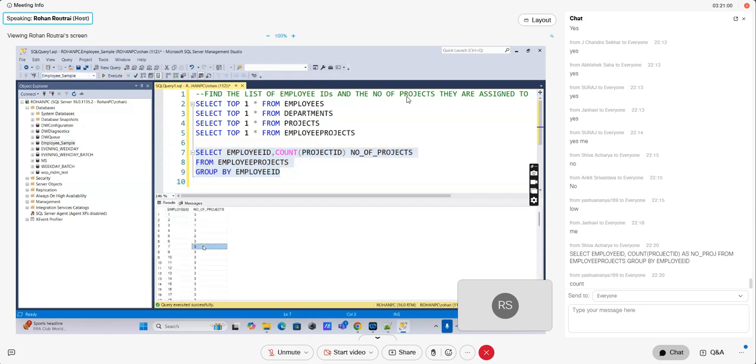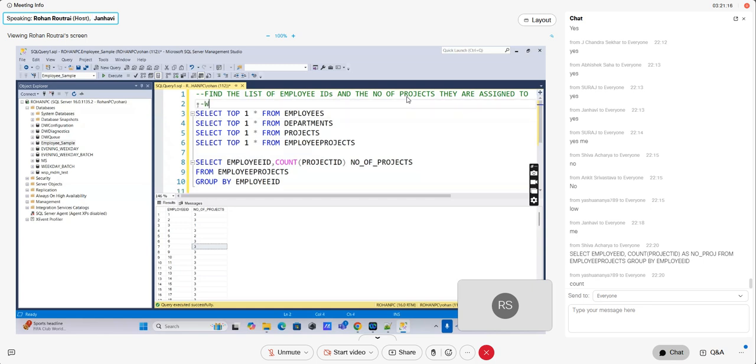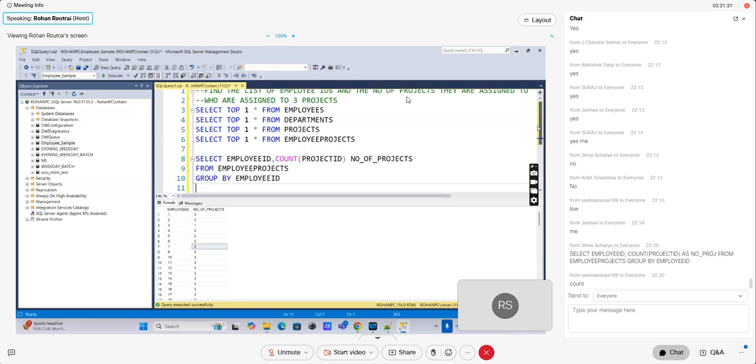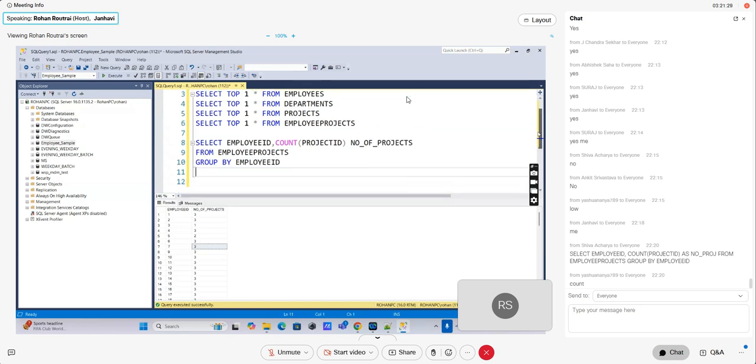But let's say I want those who are already assigned exactly three projects. Let me just expand the question: who are assigned to three projects? So I want those employee IDs. Then what am I going to do in this? Filter with where? Count? Having. So first of all, if I use where,